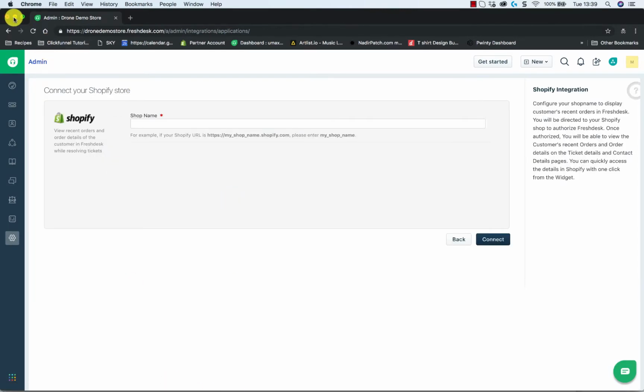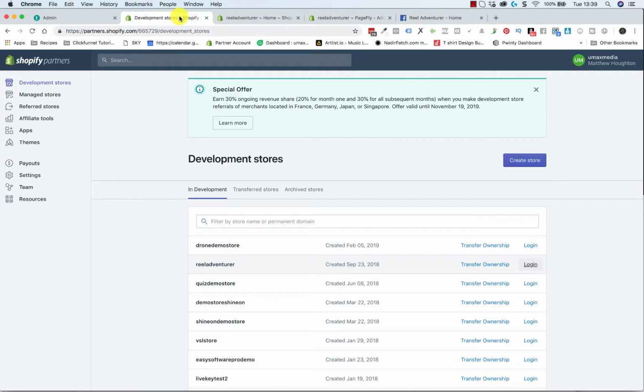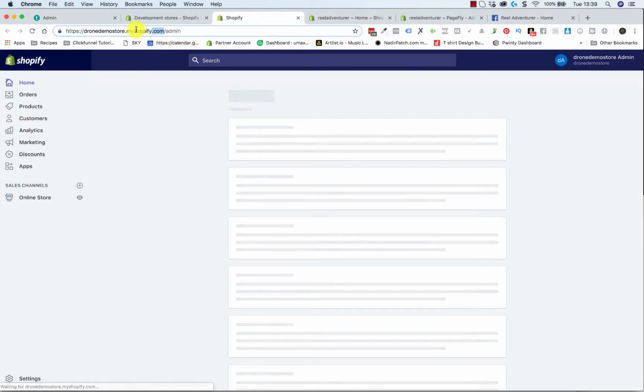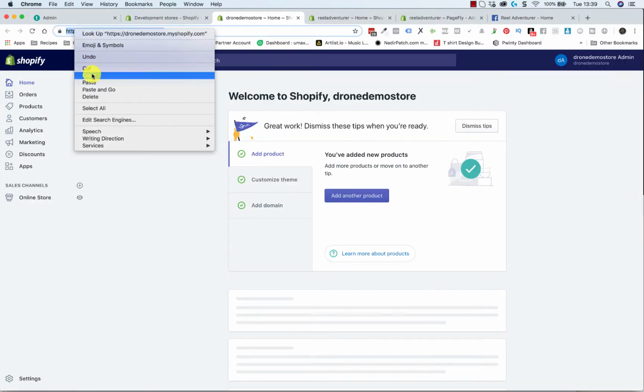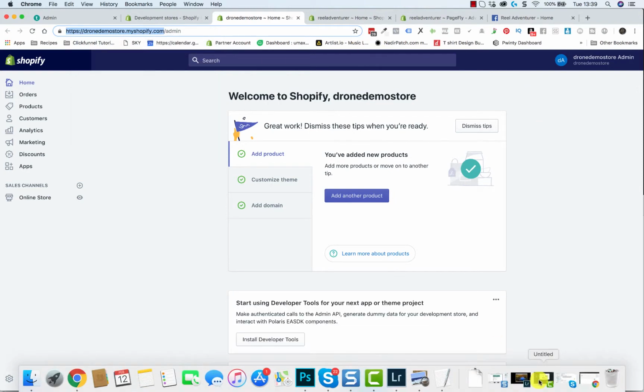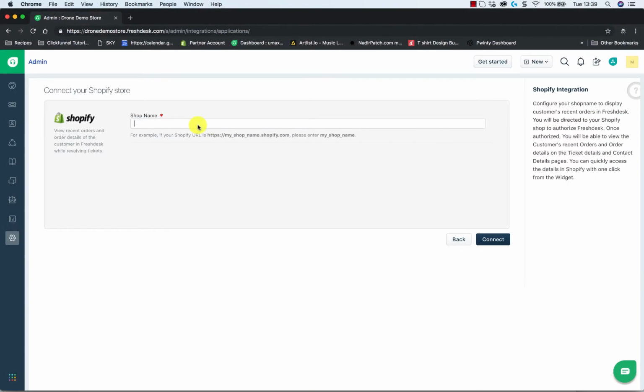Okay, let's go and get our shop name. What this will do is, when a customer emails you, if they use the same email that they made the purchase with, it will pull all of their order details into your Freshdesk. So basically, you won't need to go digging around for orders. If they start complaining about something or whatever, or saying something good,